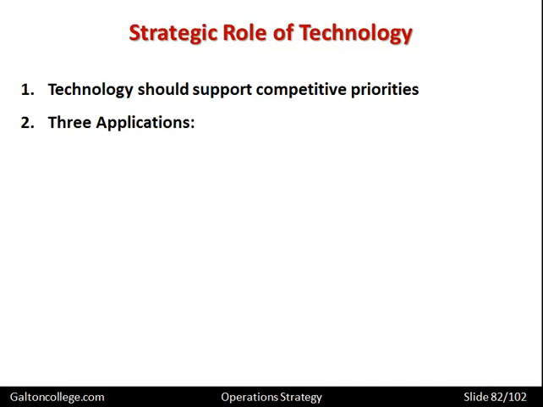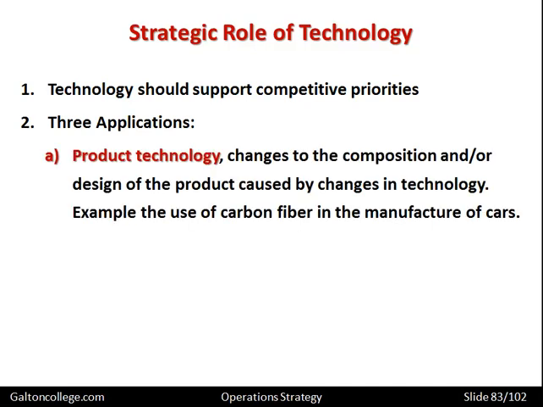There are three applications. Product technology. Well, changes to the composition and or design of the product caused by changes in technology. So an example could be the use of carbon fibre in the manufacture of cars. So sometimes technology drives the change, but clearly the benefits from the technology have to be perceived, they have to be understood by the management, and